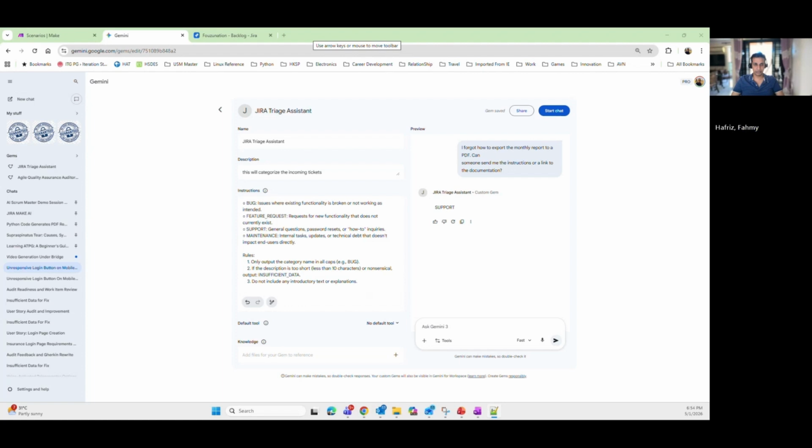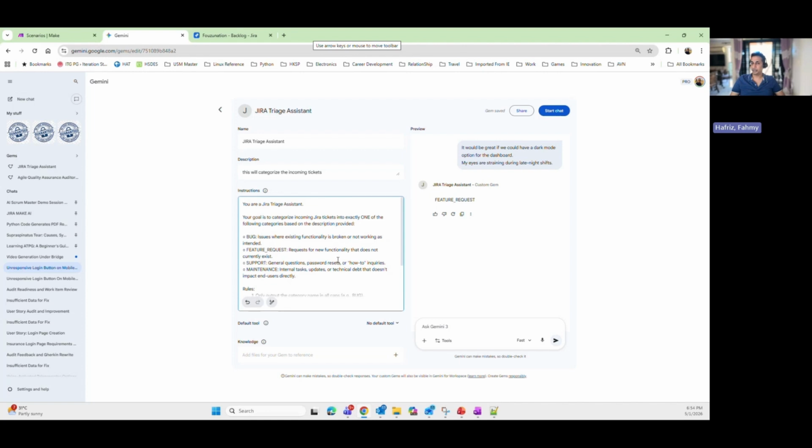Let's try one more. It will be great if you could have a dark mode option in the dashboard. My eyes are straining during the night shift. So it's a feature request. So you see, by providing very clear instructions and rules, it can actually output a very concise answer. Okay. Next